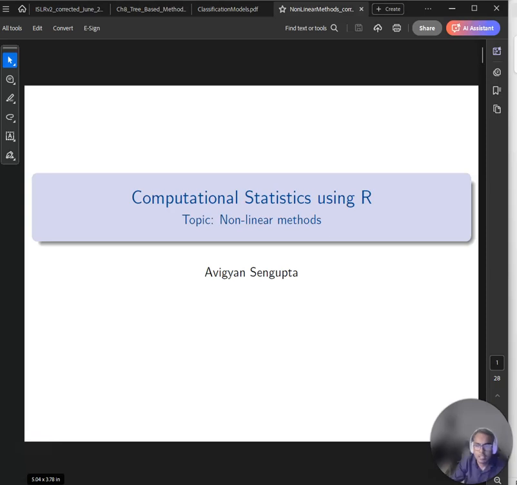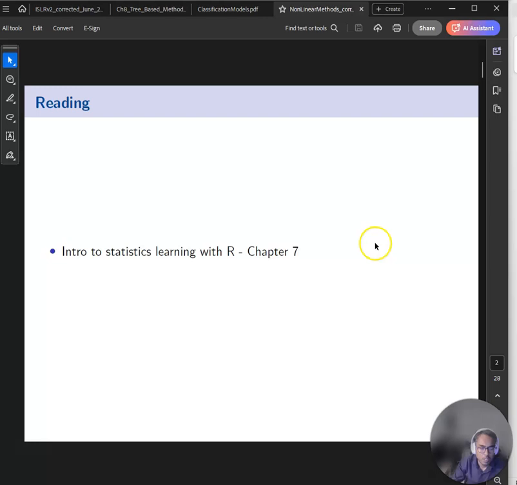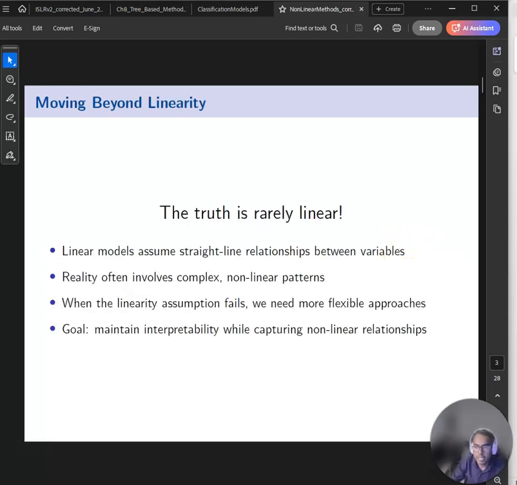Hello everyone. In this video, we are going to learn about some nonlinear methods in computational statistics. The chapter for this topic is chapter 7 of the ISLR textbook. So to begin with,